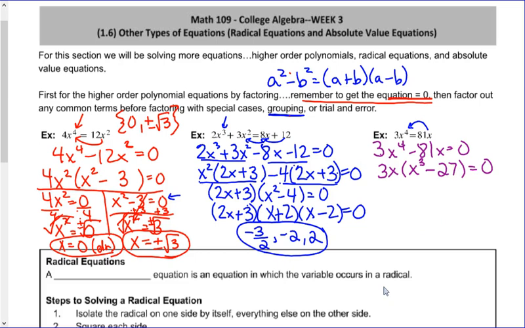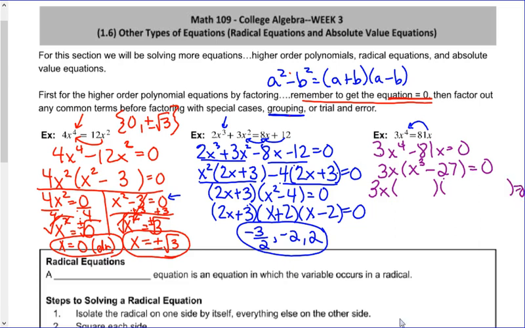So 3 times 27, and I already brought out the x. Now again, just like over here, can I go further with this? I can't go further with this one, but I can go further with this. Hopefully you recognize this is one of those special cases as a difference of 2 perfect cubes. So I'm going to factor that. Go back to section P.5 if you forget that this factors to a binomial